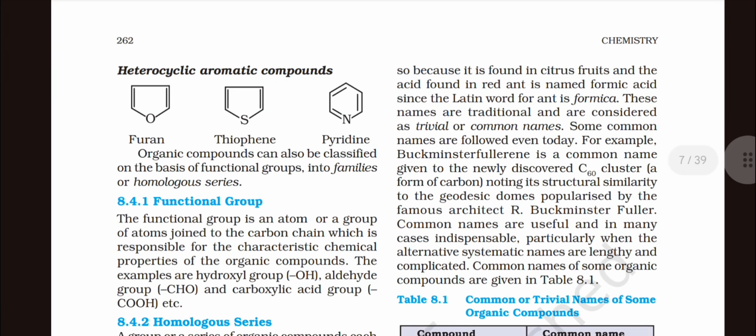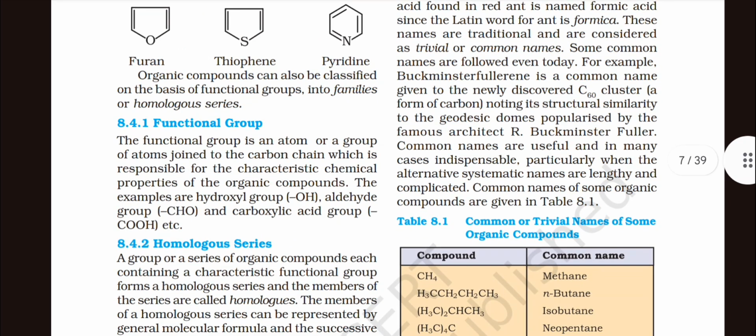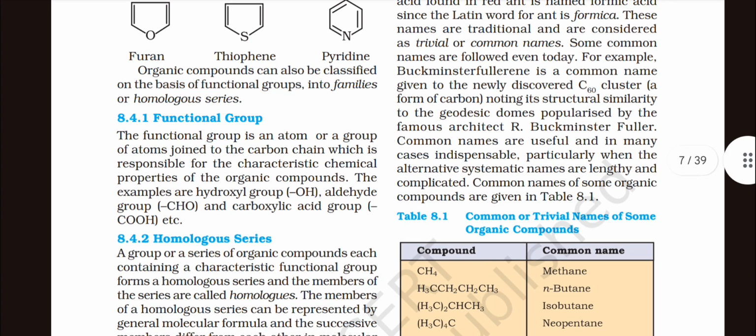Heterocyclic aromatic compounds: furan, thiophene, pyridine. Organic compounds can also be classified on the basis of functional groups into families or homologous series. Functional groups: a functional group is an atom or group of atoms joined to a carbon chain which is responsible for the characteristic chemical properties of the organic compound. Examples are the hydroxyl group, aldehyde group and carboxylic